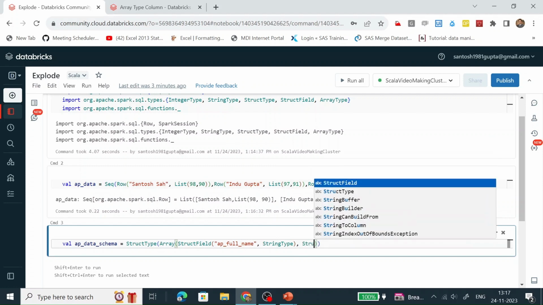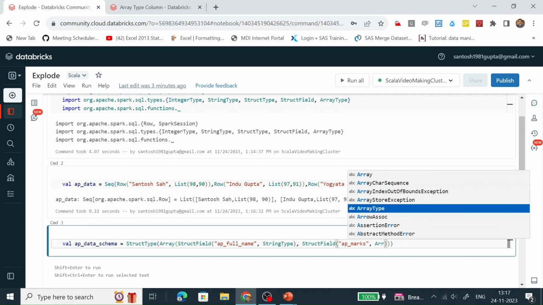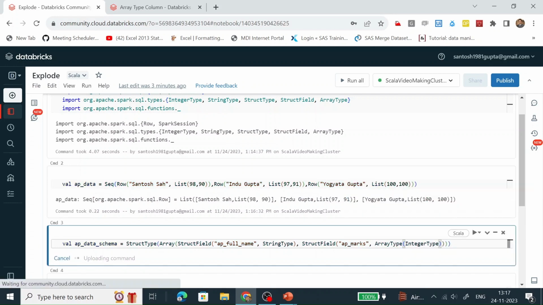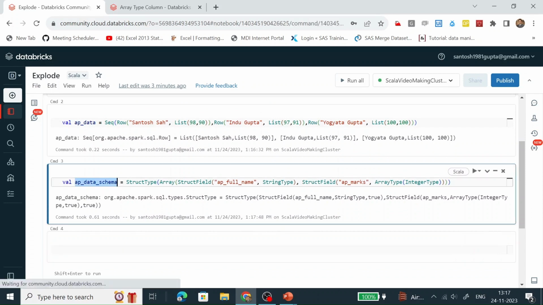The second one is AP marks, whose data type is array type, and in the array, which kind of data will it store? It will store integer type. Let's run it. The schema has been created successfully.